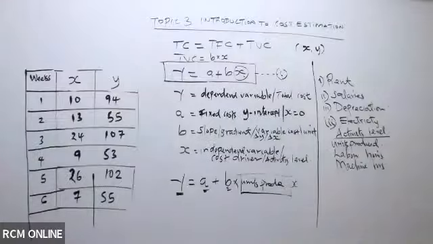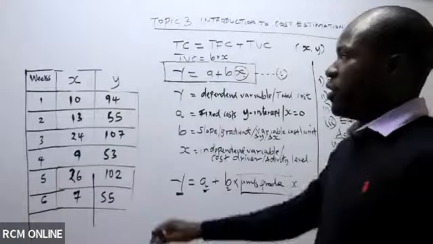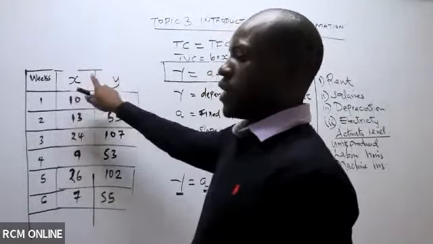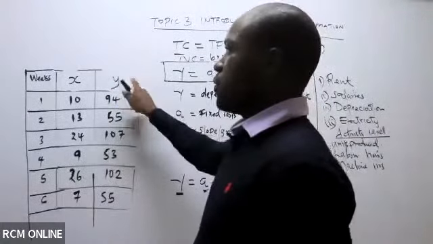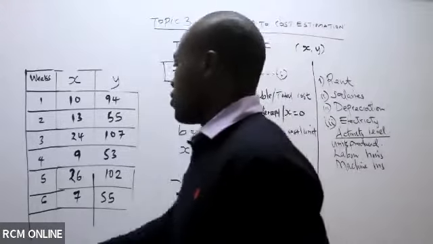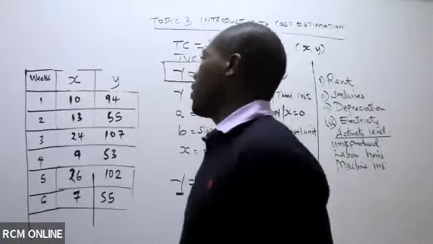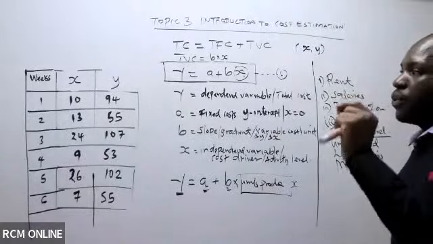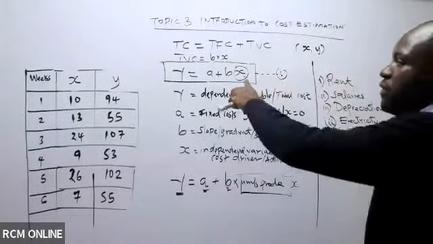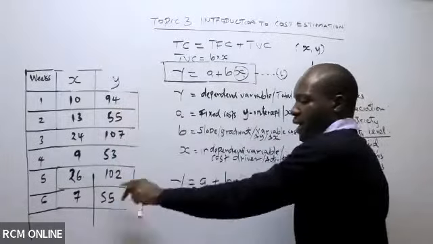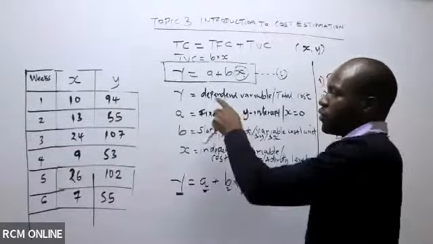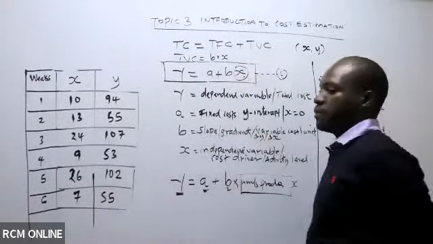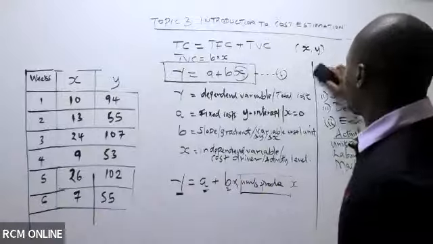Are you done? Good. Now, we have been able to replace units produced with X and, of course, production cost with Y. So don't forget the original name. We'll use them at some point. Now, I want us to move to the next step where we are going to come up with this cost function using this particular data. We are required to come up with a cost function in the form of Y equal to A plus BX. So having this in place,